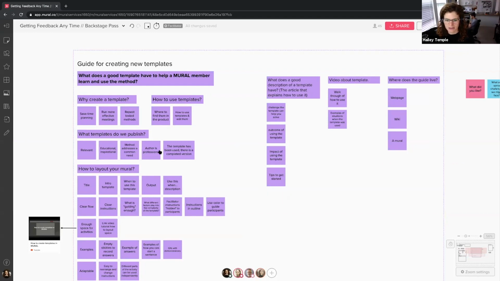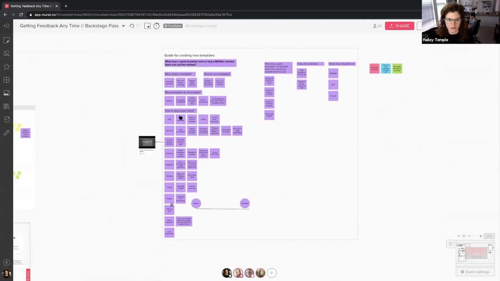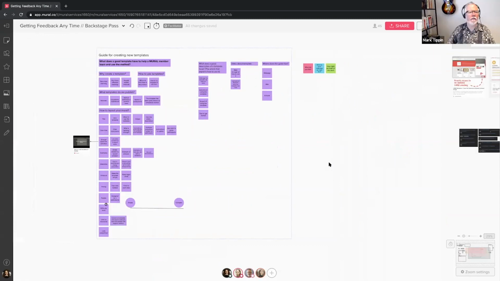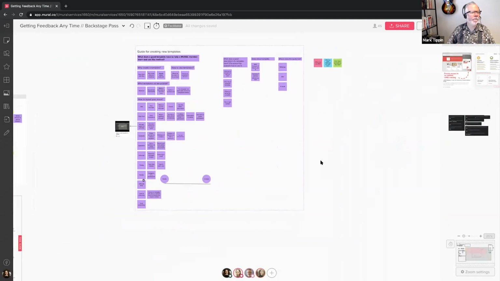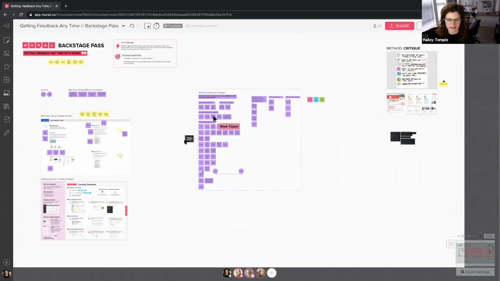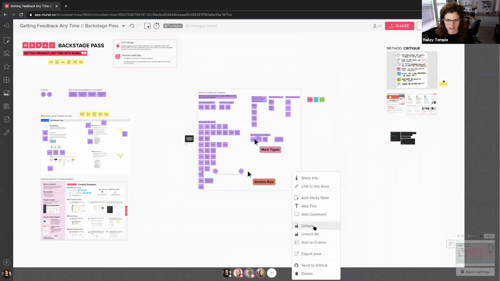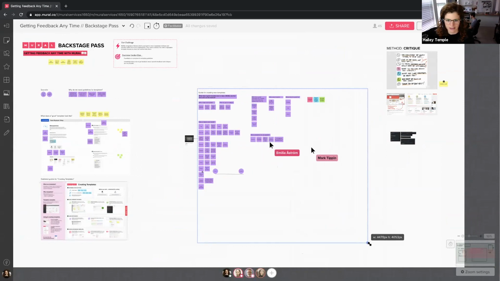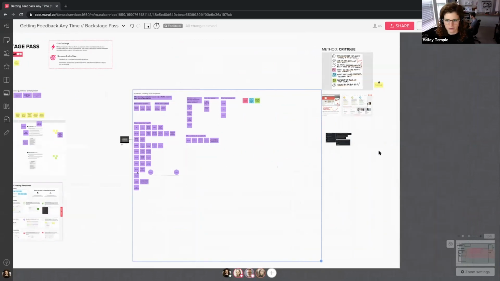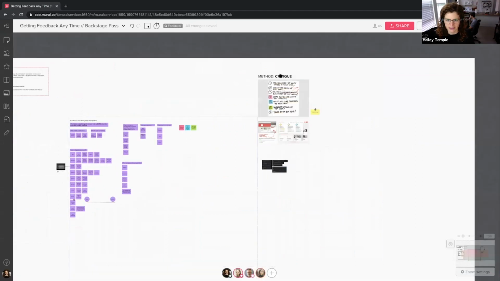And what I'm thinking about doing, Mark, is breaking these questions, what templates do we publish, why create a template, into different sections, so that when people join the mural, they can look at it section by section and do the rose, thorn, buds by each section. Sounds good. So I'm actually going to make it like a really big space, because we have a lot of people super excited to come in here, which is great, right? But just want to make sure we have enough working space.